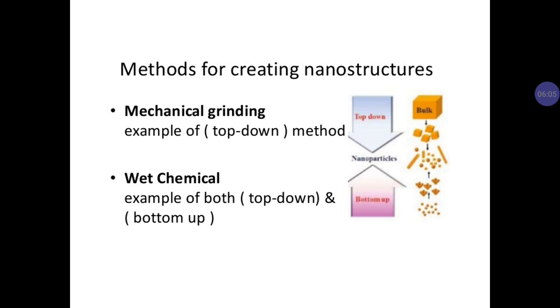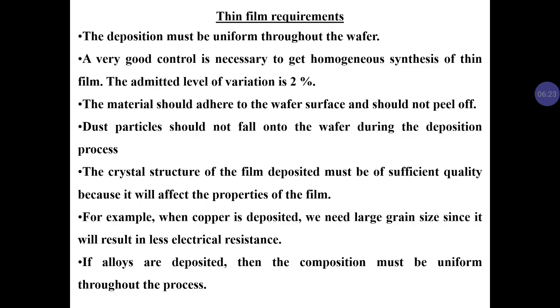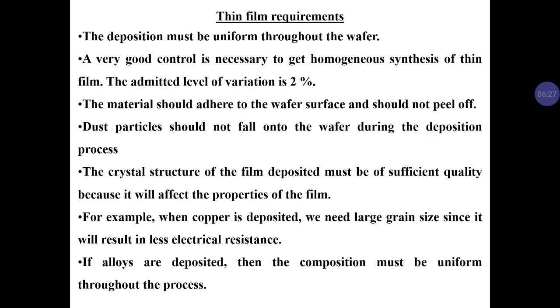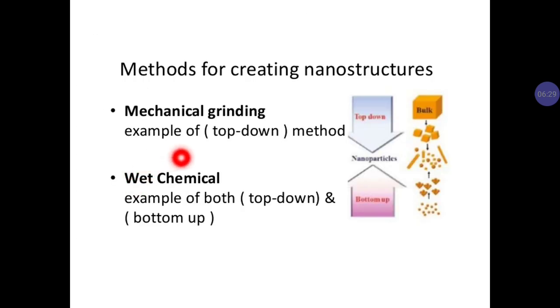Methods for creating nanostructures include mechanical grinding, which is the top down method, and wet chemical synthesis. Top down exists as well as bottom up, and most of the wet chemical processes are bottom up approaches rather than top down approaches. And we are going to see the wet chemical synthesis as well as the top down approach and the bottom up approach of